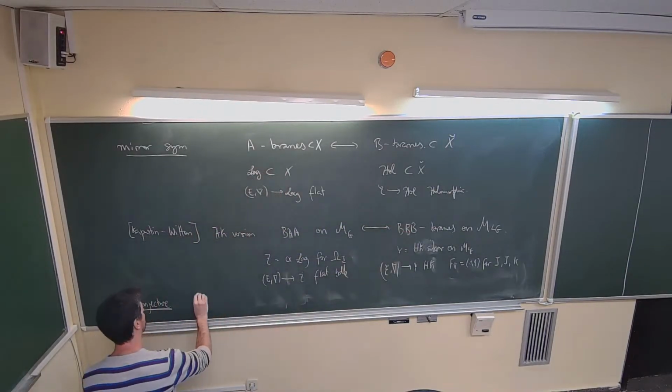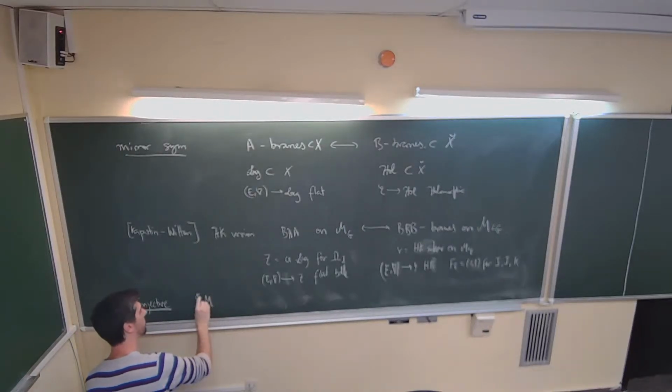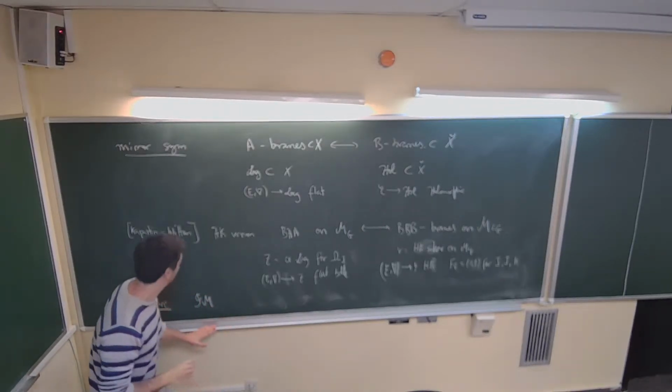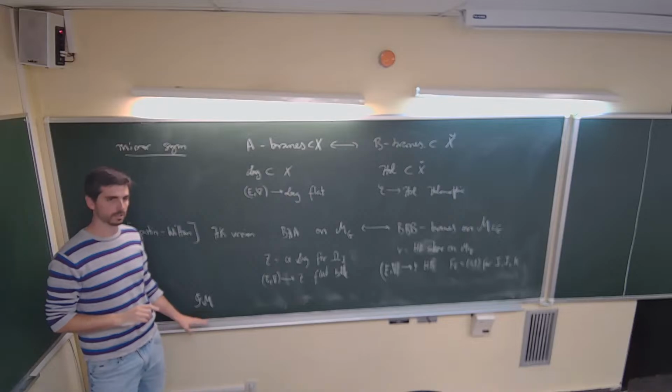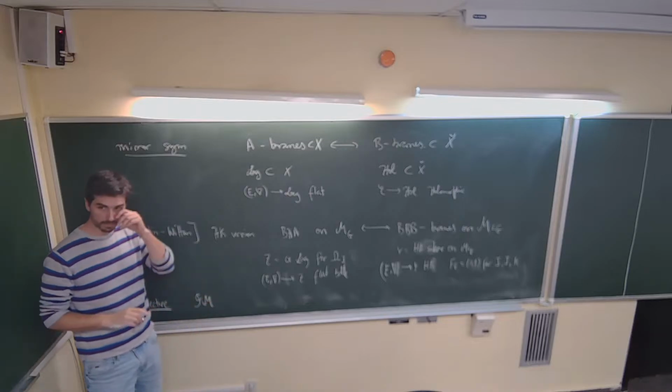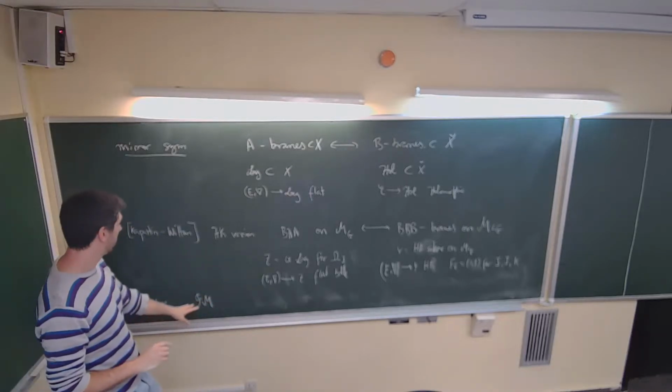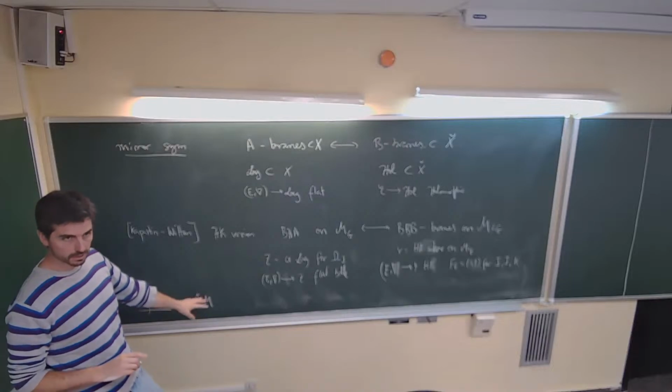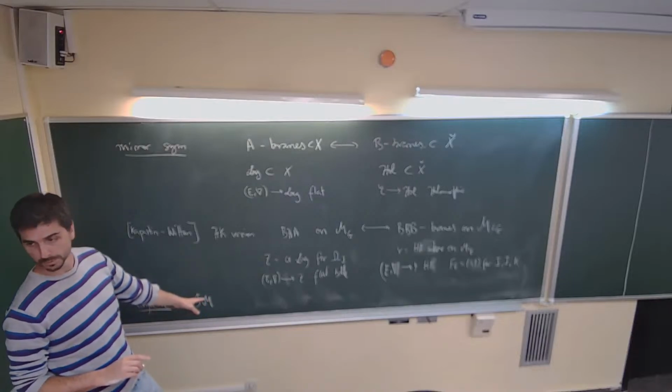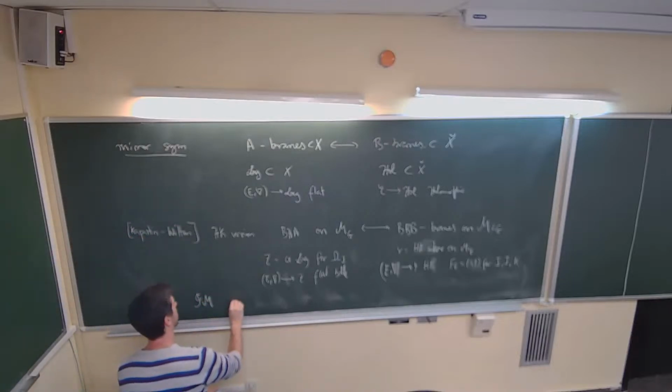So I would introduce something which is called Fourier-Mukai. Later on I will explain what it is, and I will give more detail. But there is some correspondence between sheaves. This Fourier-Mukai transform is a correspondence between sheaves, which sends